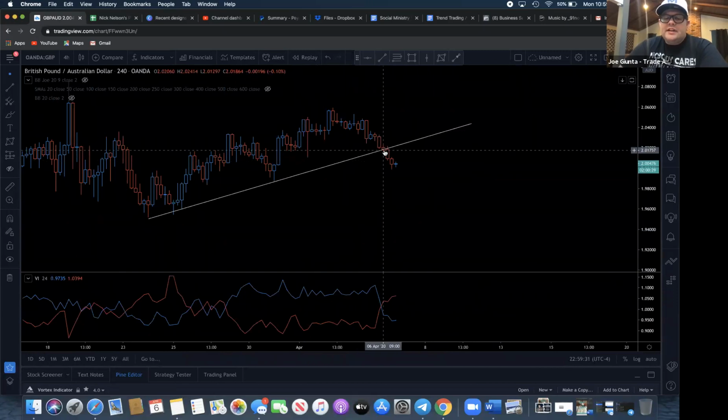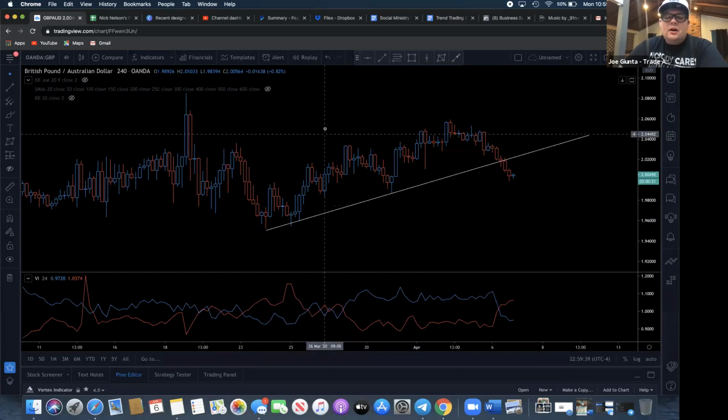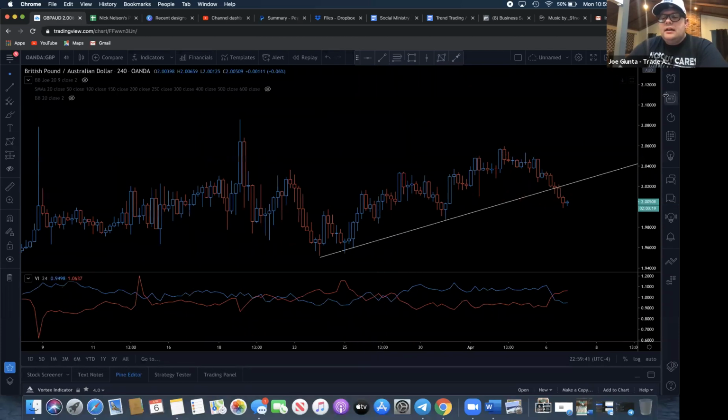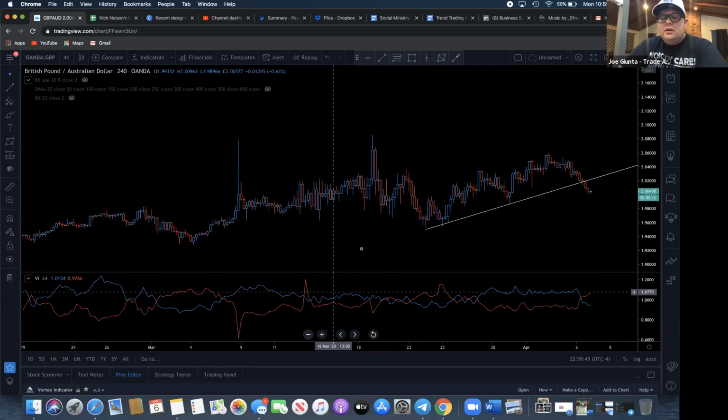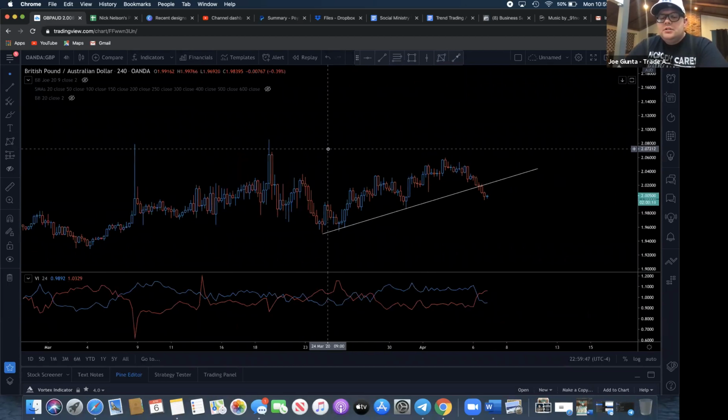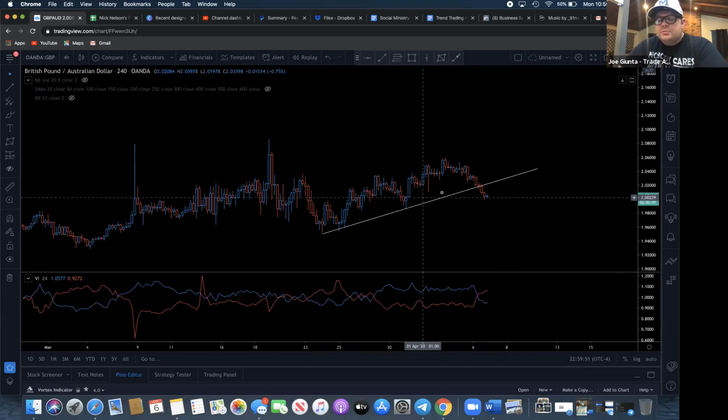Notice that little spinner at the top shows me, boom, it goes down, pulls back, drops. There's the break, all right? Now, the next thing I'm going to look at is the fact that, like I said on the weekly chart, we don't just trade one little thing. The most recent thing tells me we have some bullish movement.